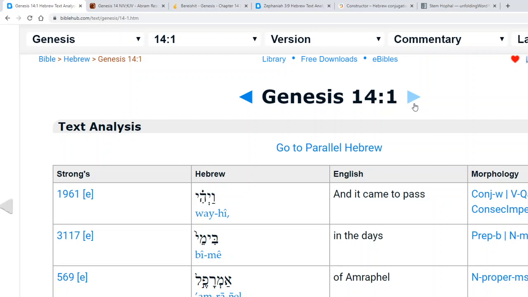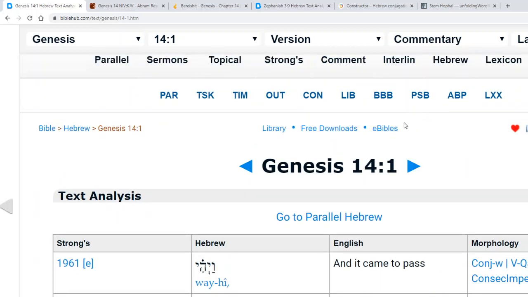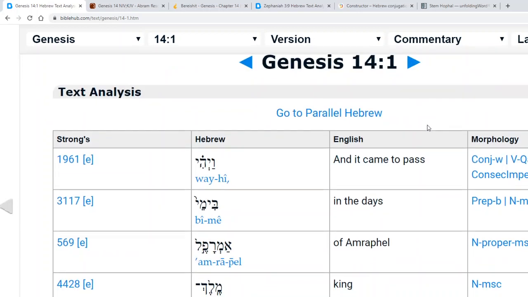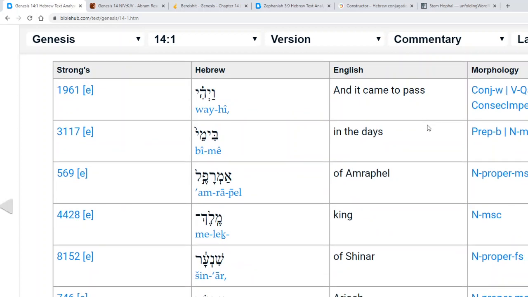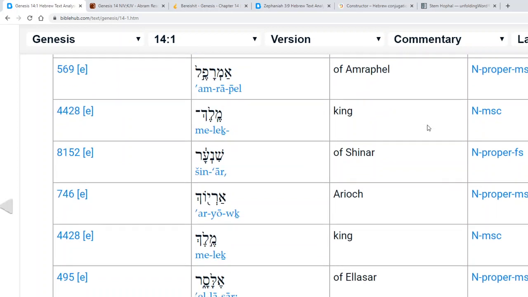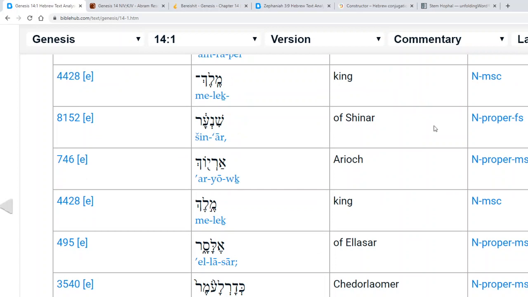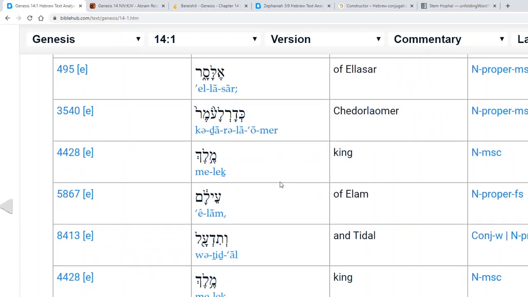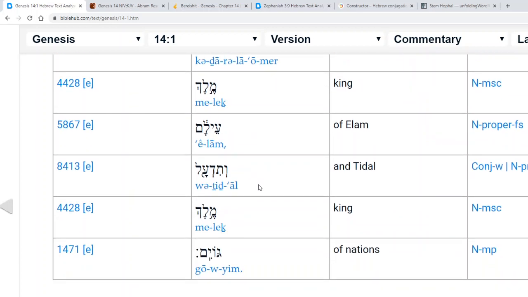Okay. Now, let's get back into the Bible. We were doing Genesis chapter 13 was the last one we did, and now we're in Genesis 14:1. Let's get going. Vayehi bimei Amrafel melech Shinar, Aryoch melech Elasar, Kedorlaomer melech Elam, Tidal melech Goyim. Right? So